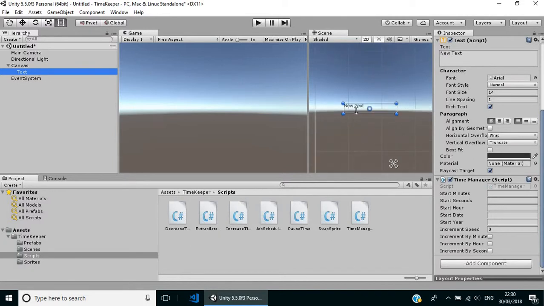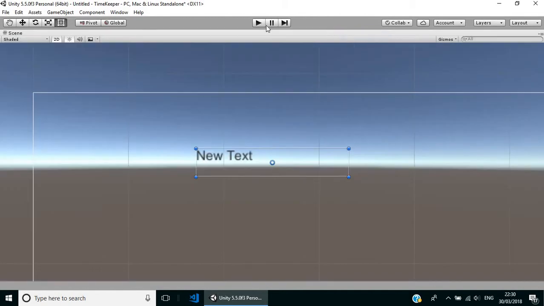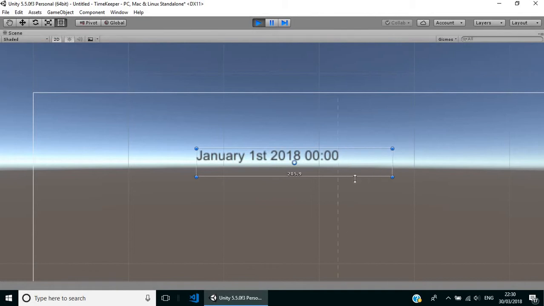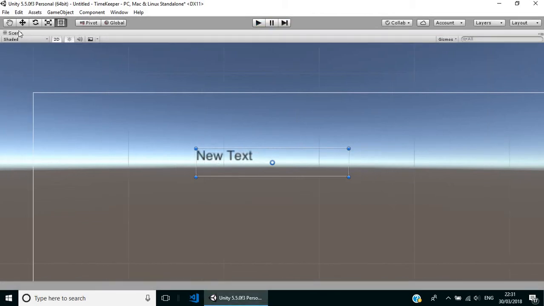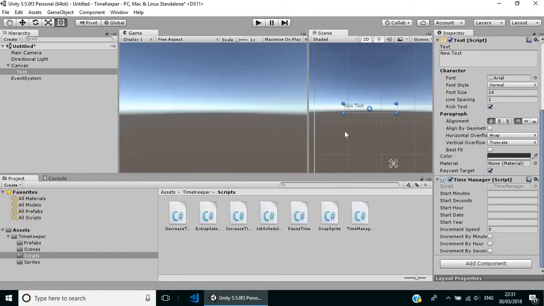So if we go to the text object, we can see here in the scene, and click play, we get January 1st, 2018, and it's set to increment by minutes at the moment, so we just see the hours and the minutes. So if I take you back to the properties within the text object,